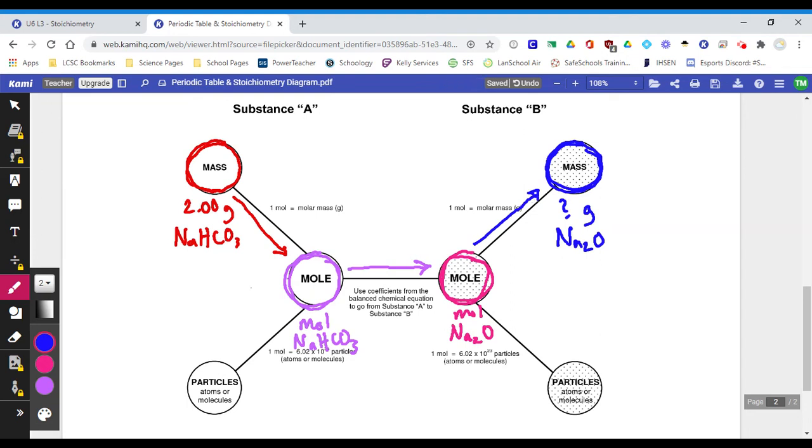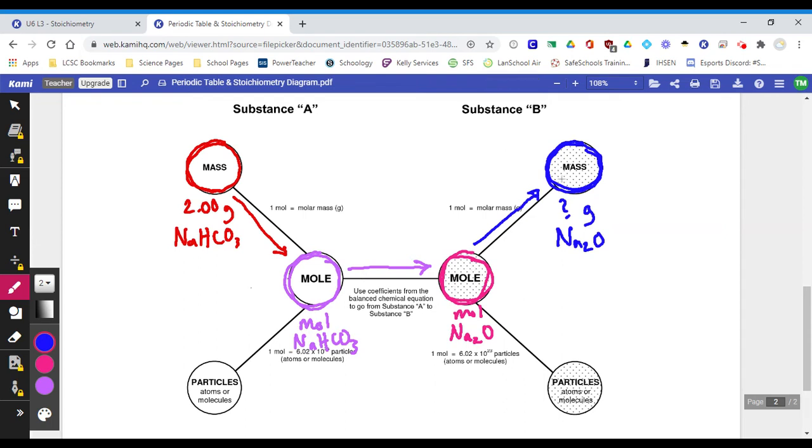All right, we've done these conversions before. It's just tougher to chart out if you don't have the diagram with you to say, oh, I can go from this to this, and this to this, and this to this. Okay, so this is the path we want to try and take. We want to go from grams of NaHCO3 to moles of NaHCO3, then from moles of NaHCO3 to moles of Na2O,